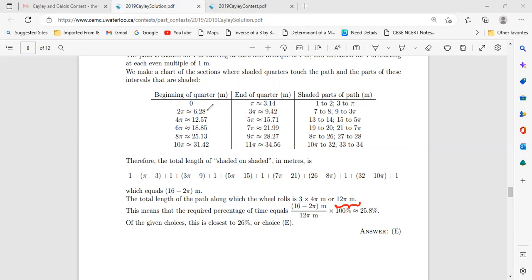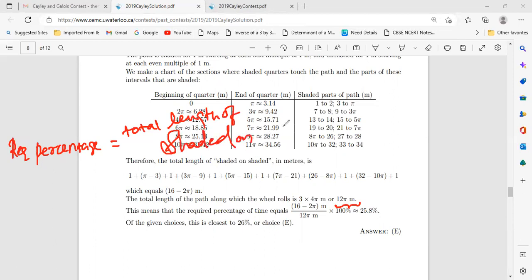For finding the percentage, you will write it this way. Required percentage equals total length of